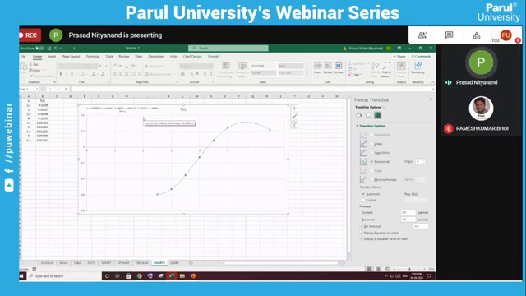Our target should be to get as close to 1 as possible without increasing the number of terms, because as you increase the number of terms, it becomes more complex. So by keeping the number of terms to a minimum, the r square value should be as close to 1 as possible. So this is how you add a trendline.